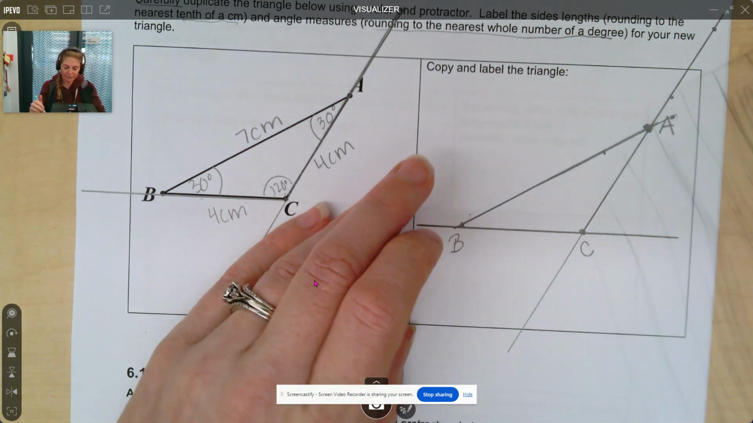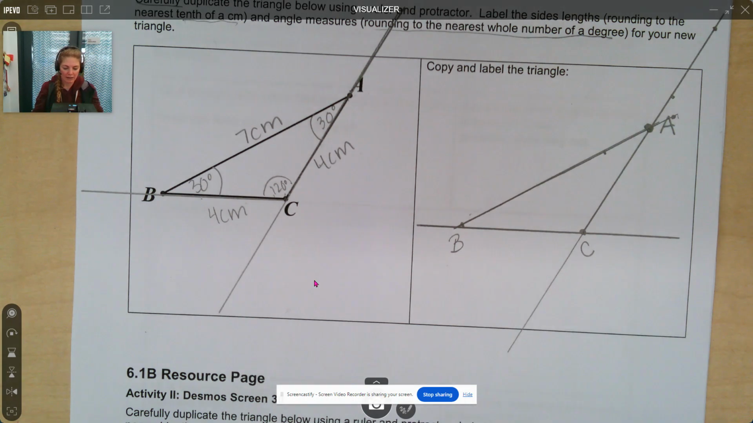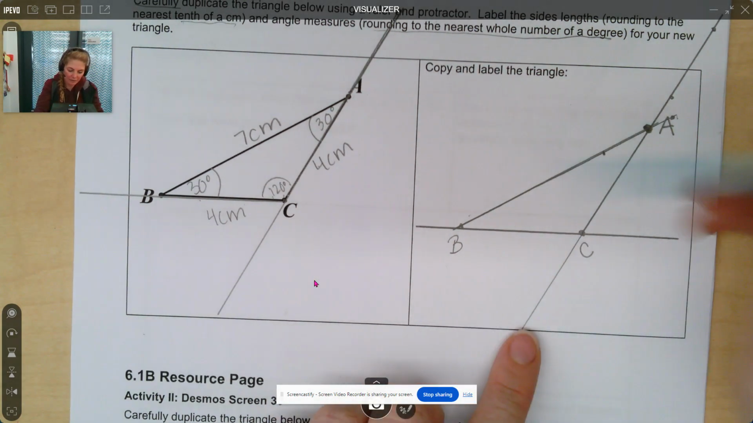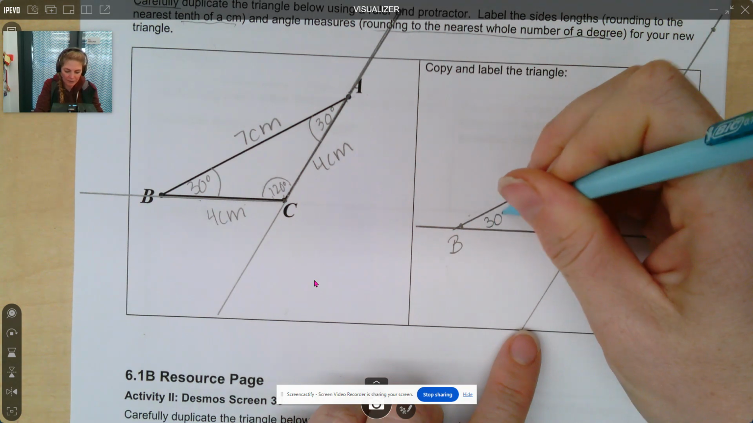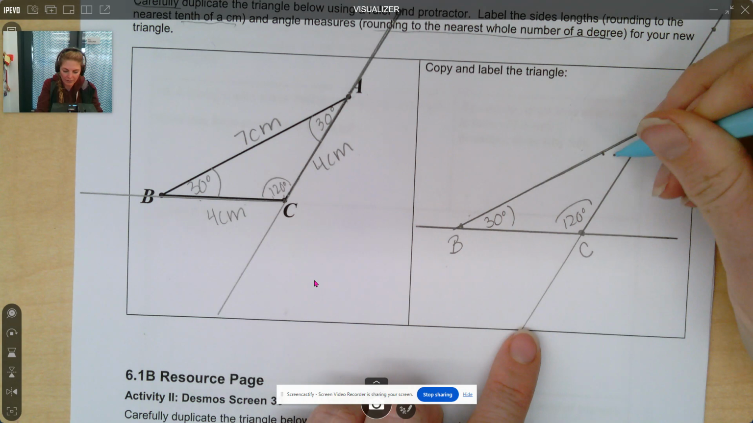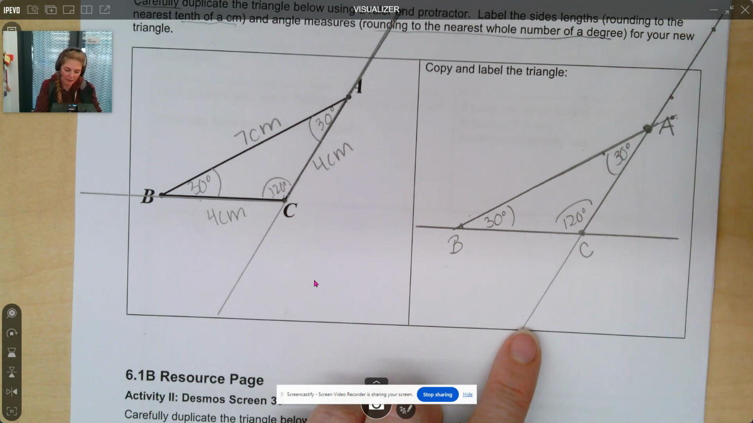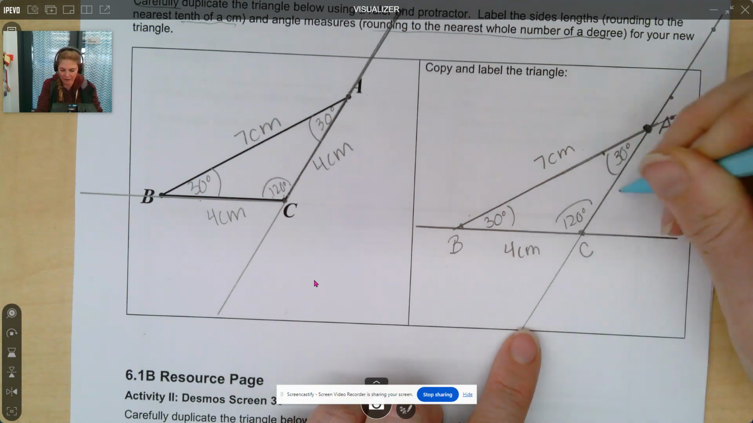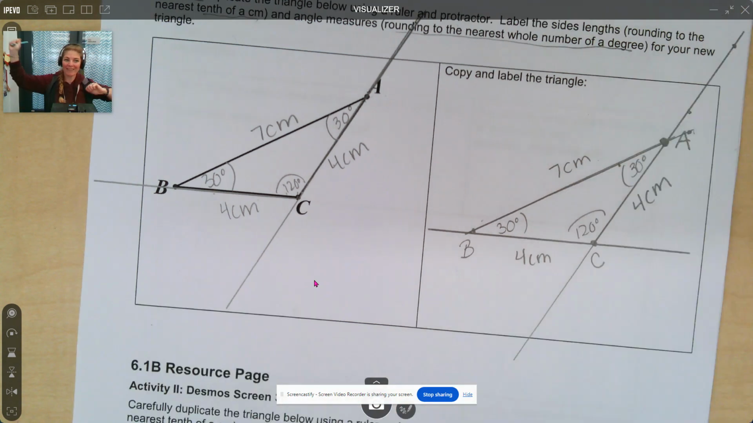Yes. And of course, when we label this, we'll label it with the angles, 30 degrees, 120 degrees, 30 degrees, and we'll label it with the side lengths, 7 centimeters, 4 centimeters, and 4 centimeters. And that's how you copy a